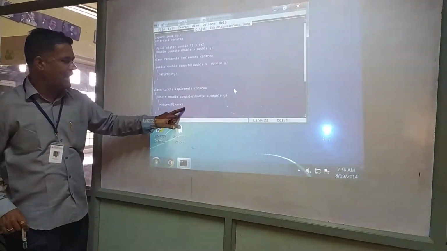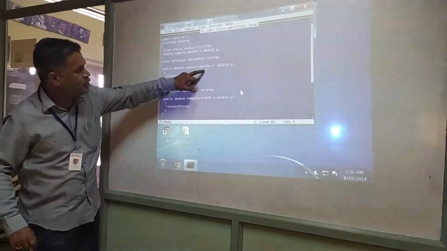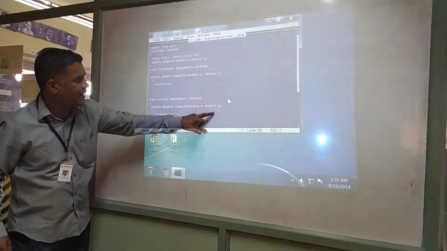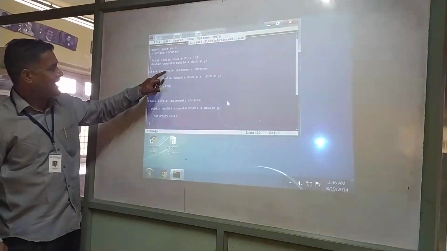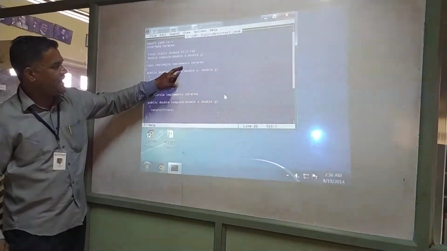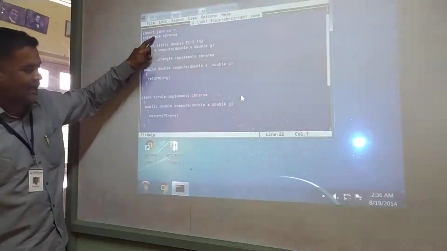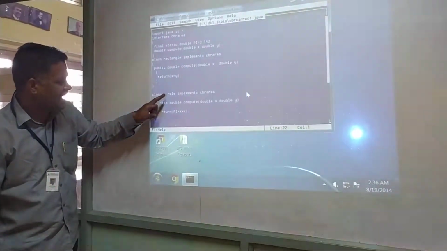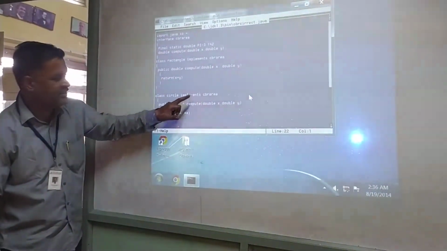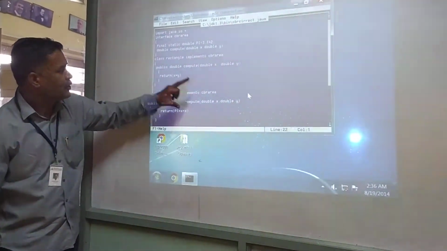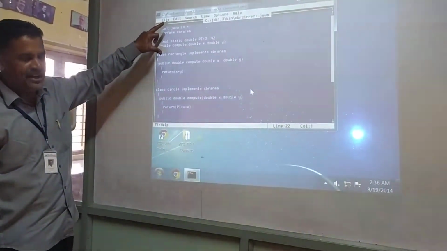Here also two parameters. This class name implements interface name. Here also class name implements interface name. Total two methods, one interface.